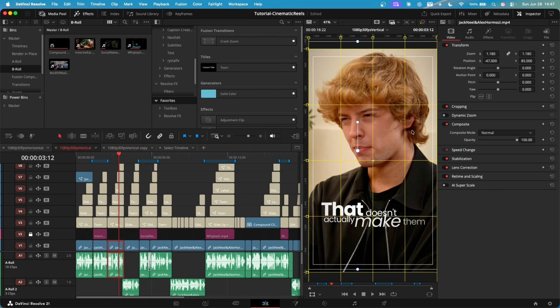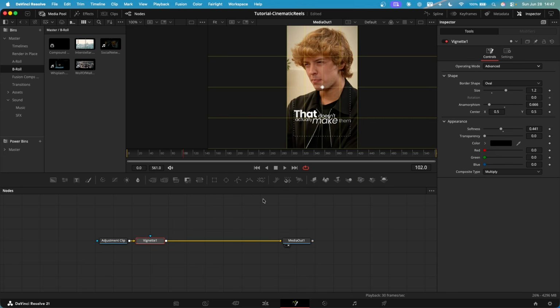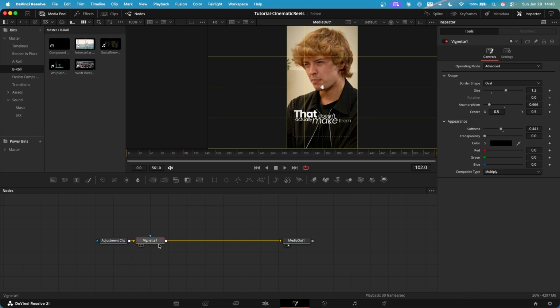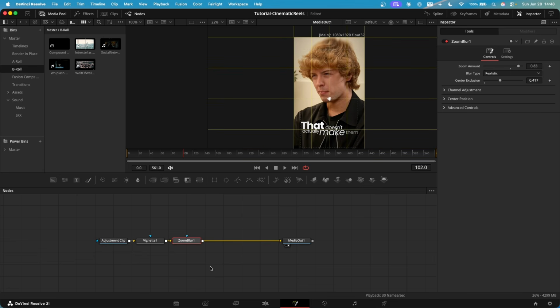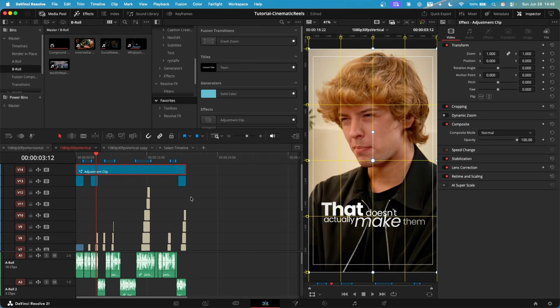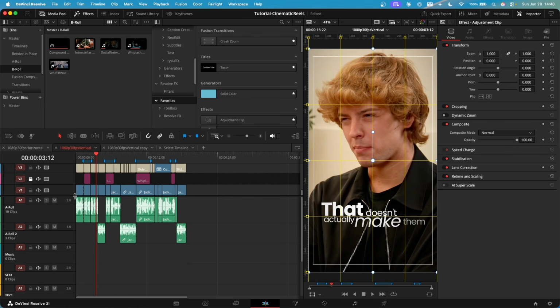And of course, change the color. Right now I don't have it here. That's also something I did. And of course, you don't have to add this vignette. If it looks good for you without it, you can go like this. And you can also apply some other effects like soft glow, for example. And of course, change the settings a little bit. You can, for example, apply also a zoom blur and add a center exclusion to get this kind of edges dissolve, let's say, effect. So yeah, there's a bunch of effects that you can add, but because it's a cinematic and minimalistic style of editing, please just don't overuse it, and the simpler the effects in this style, the better the